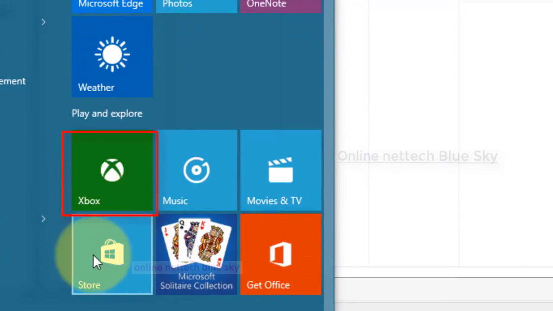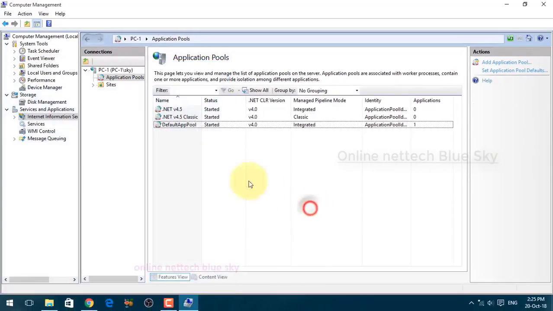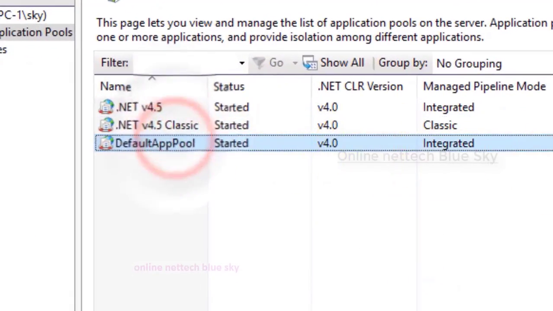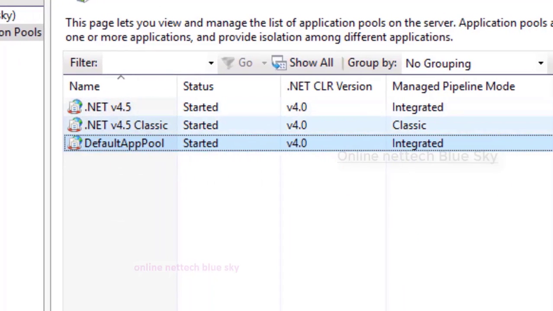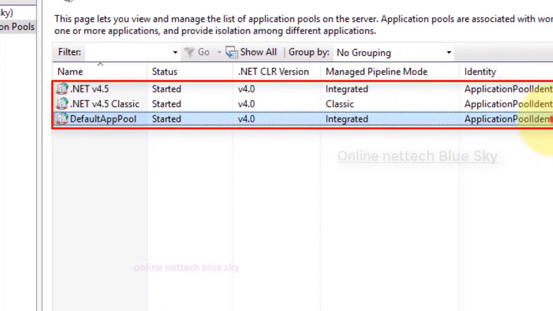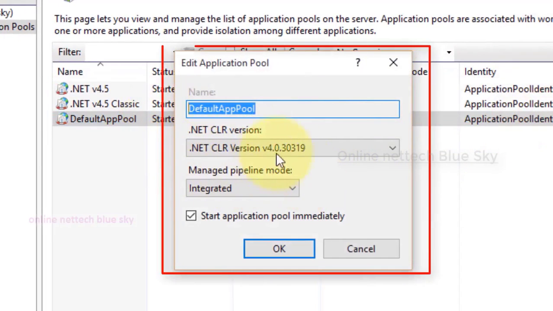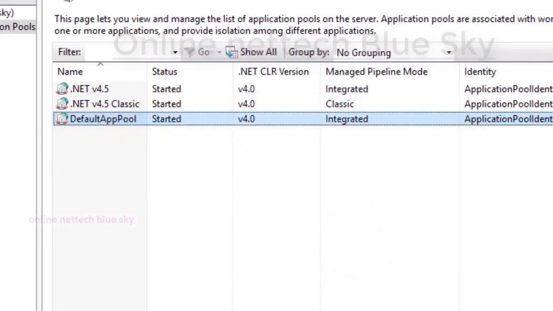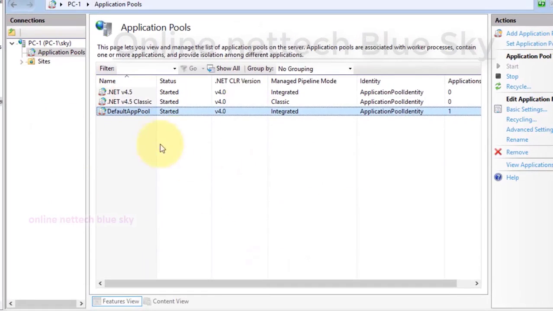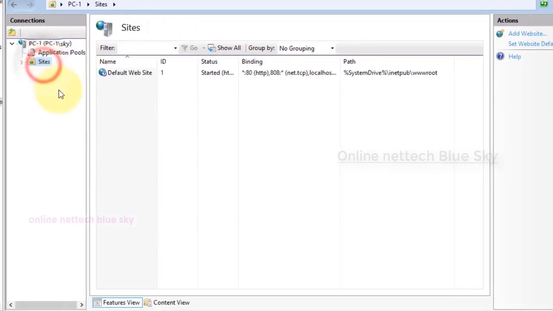You can see Microsoft Store uses the internet here, and this application already uses version 4.5 and an application pool. This is very important, created by the .NET Framework from Microsoft. So this binds your application to your websites and the server with application pools, and any client can access it directly.